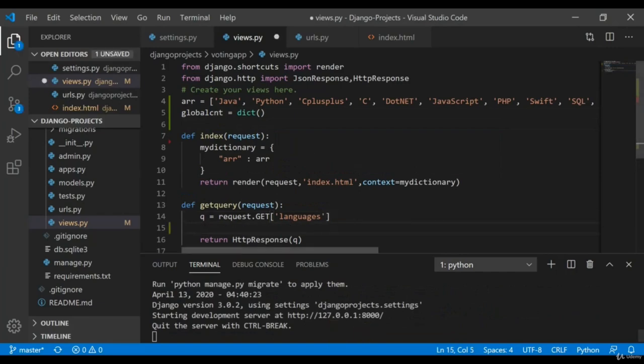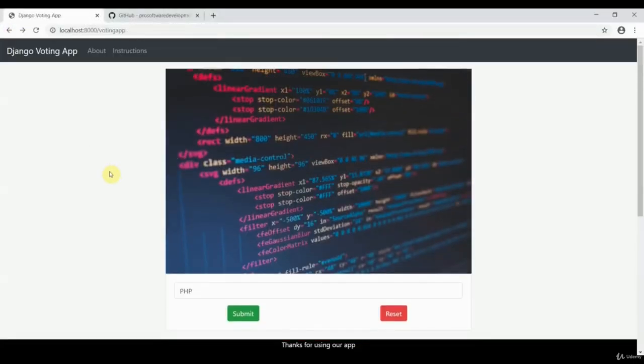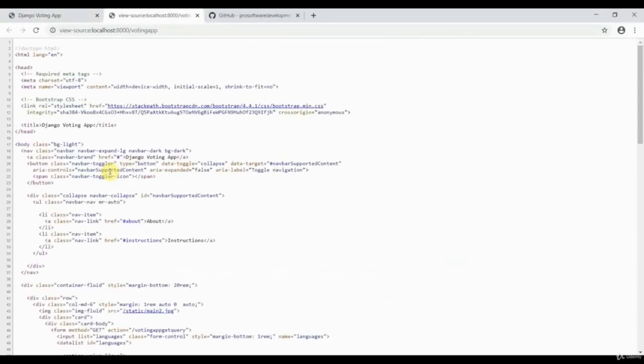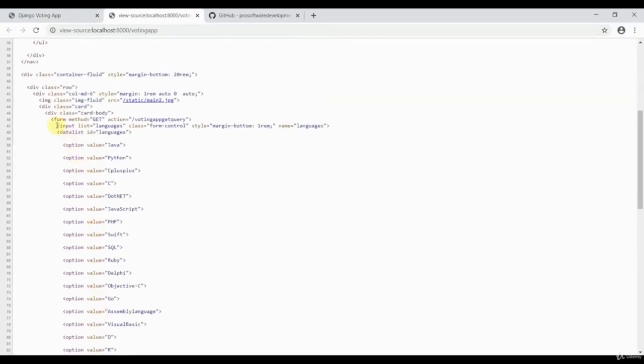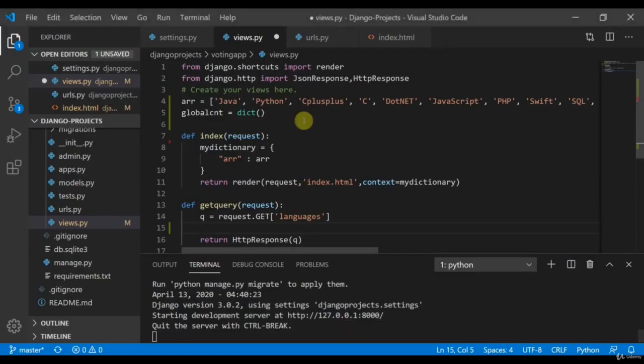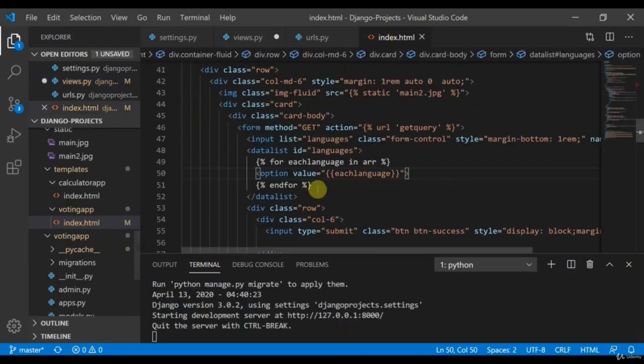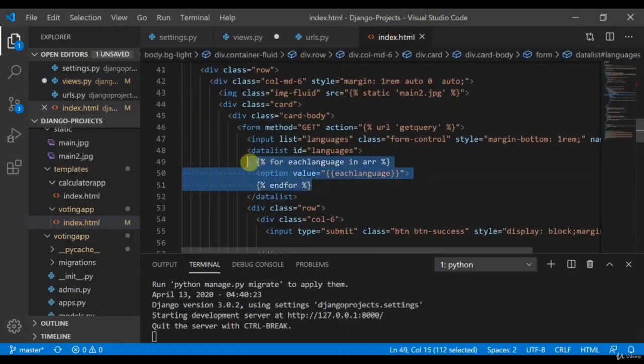Okay, one thing I would like to show you before I proceed: if I press Ctrl U, here you can see that when we used input list equal to languages, datalist id equal to languages, this was the for loop we had used. For each language in array, option value equal to each language, and endfor.